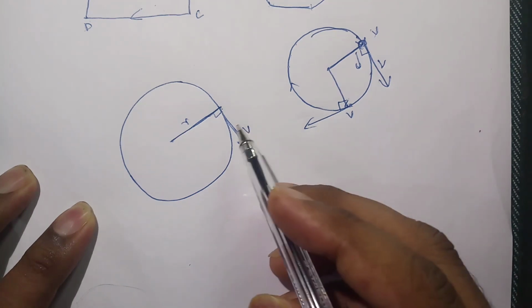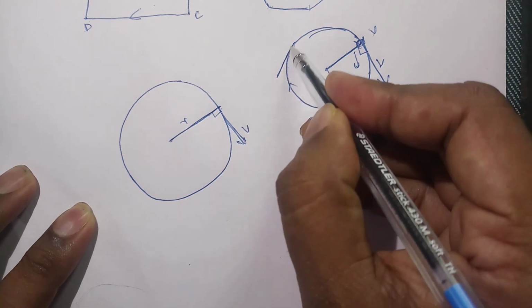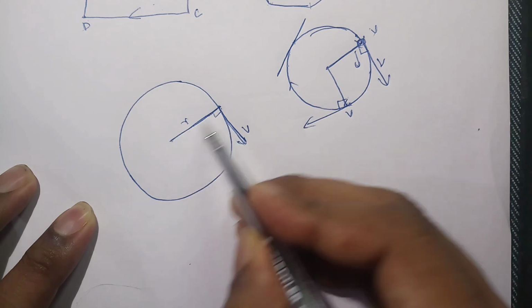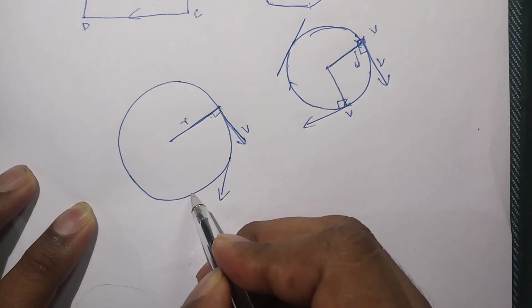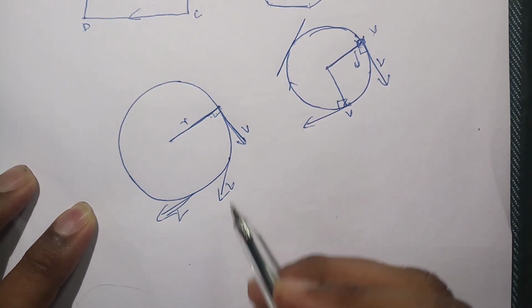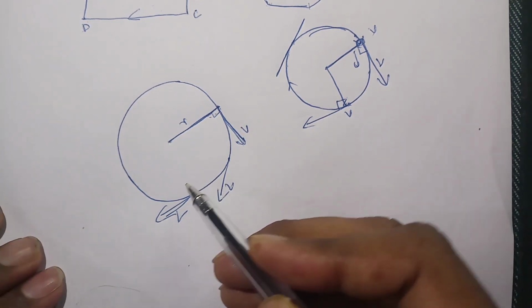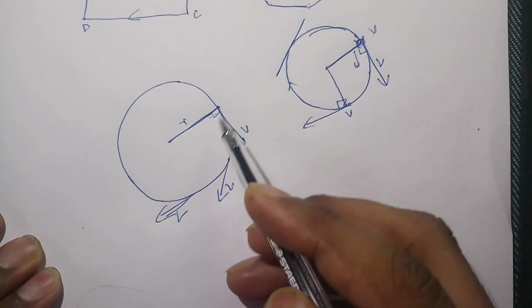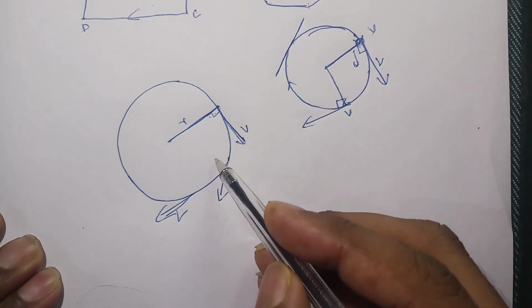What does tangent mean? You might have studied in maths. A tangent means a line which touches only at one point. Here if you draw like this, this is the tangent. So this is tangential to the circle, or this is perpendicular to the radius. At every point the velocity changes its direction. So it is bending toward the center. Here is the center. So in a circular motion, the speed remains the same. The magnitude of velocity also remains the same, but the direction of velocity is changing continuously.